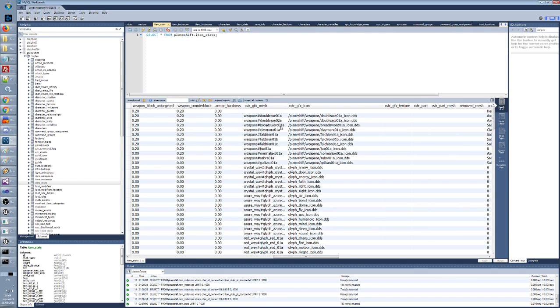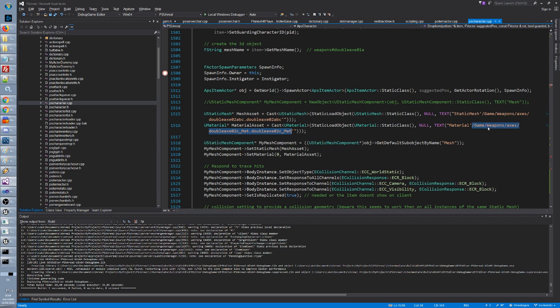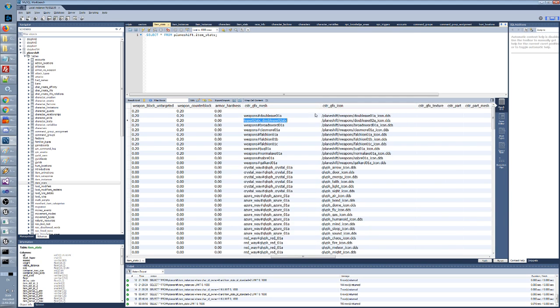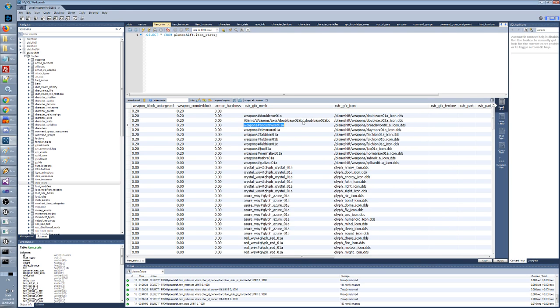So basically, for mesh, I should have this one. I can just change it, boys. I can just change it and that's it. For mesh, we should have this. This. And for icon,